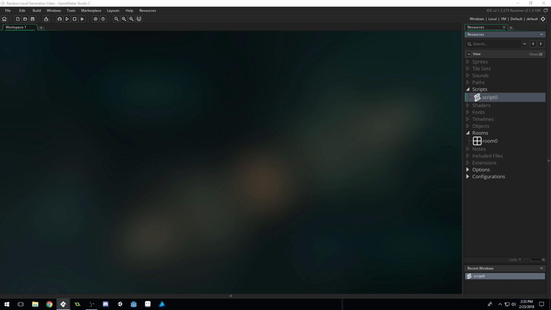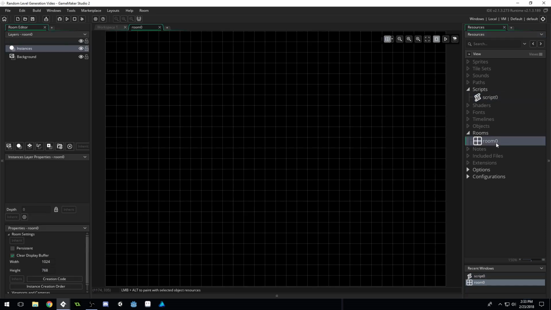So I'm going to open up my room. First of all, I'm going to hit F2 to rename it. I'll just name it R_1. And actually this script will want to rename it too. Hit F2 and I'll just name it create macros. And then for the room size, I'm going to set it to,